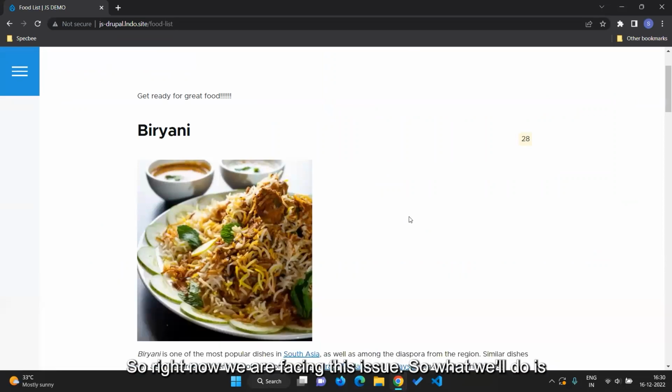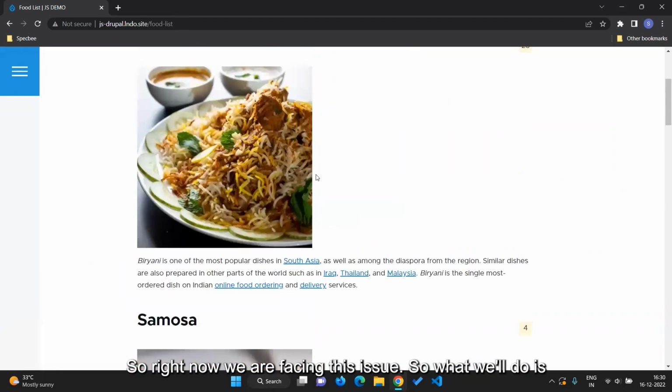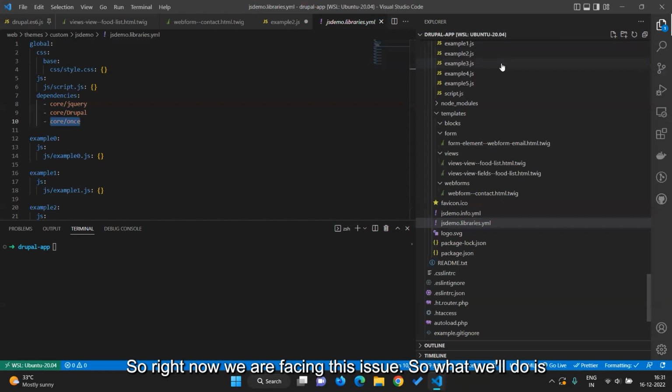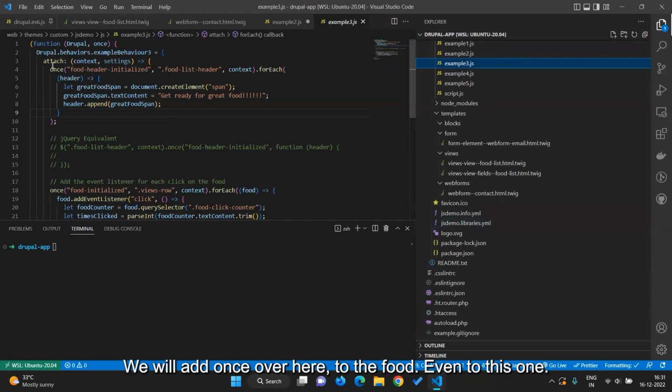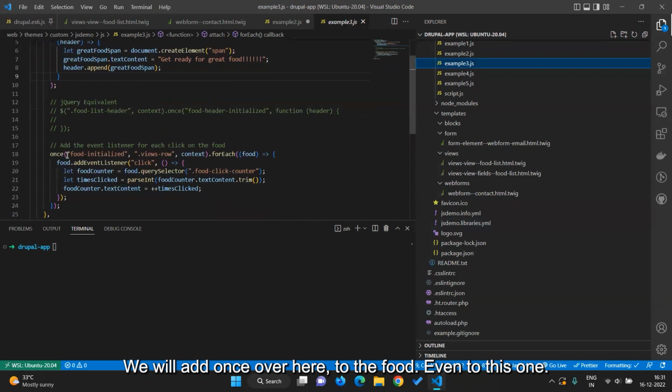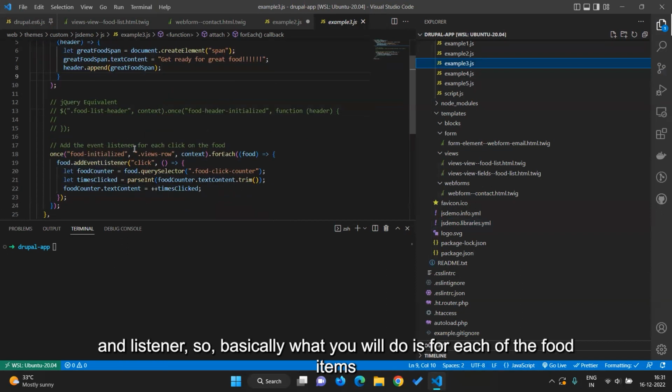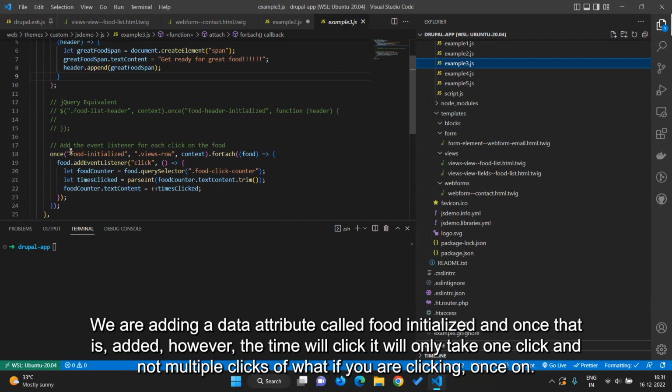So right now we are facing this issue. So what we'll do is we will add once over here in our food event listener. Basically, for each of the food items, we are adding a data attribute called food initialized. And once that is added, however many times we click, it will only take one click and not multiple clicks